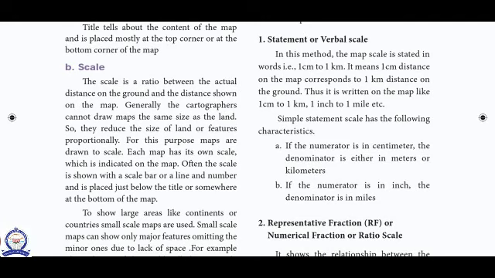It means 1 centimeter distance on the map corresponds to 1 kilometer distance on the ground. Thus, it is written on the map like 1 centimeter to 1 kilometer, 1 inch to 1 mile, etc. Simple statement scale has been followed.